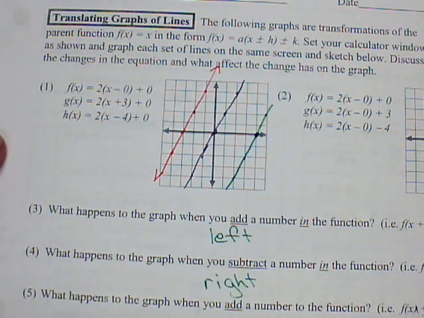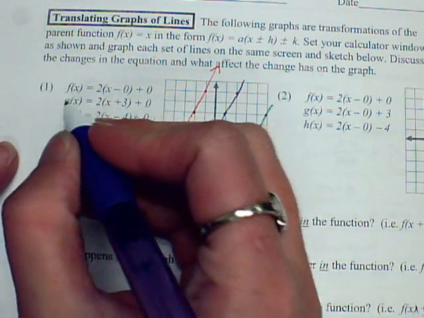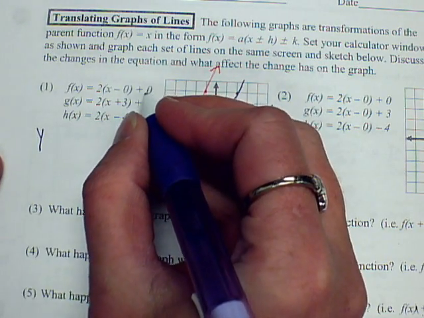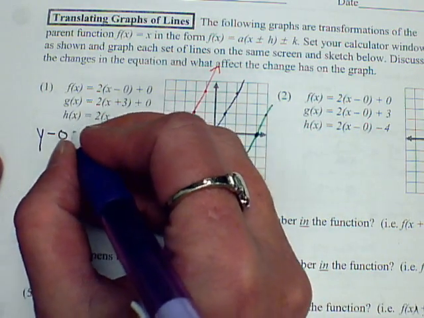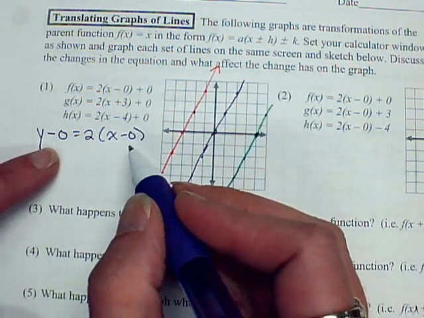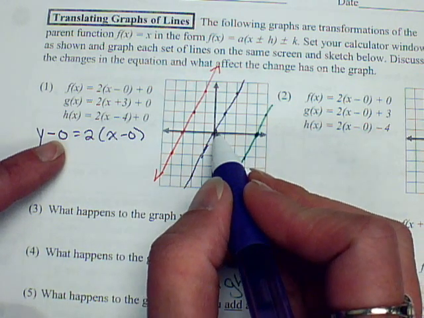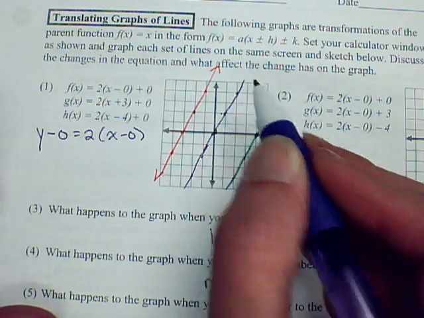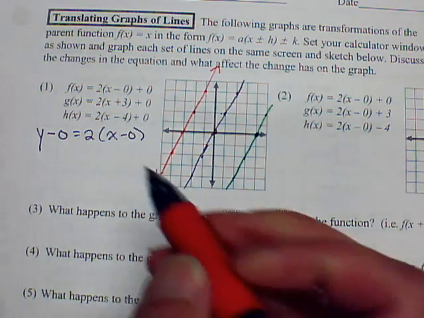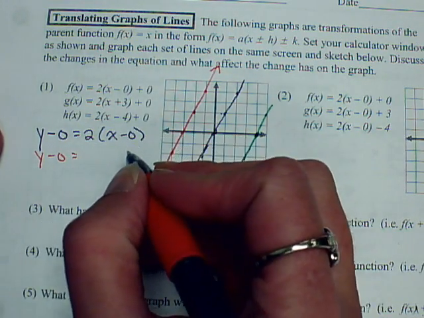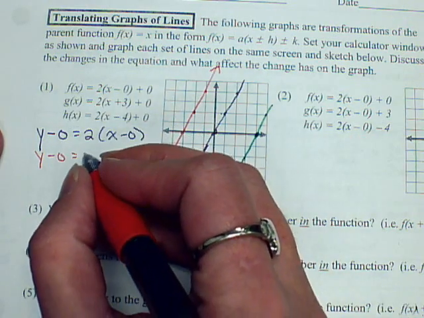If I take that first function, and I'm just going to rename it as y, and then move this back over. y - 0 = 2(x - 0). What that tells me is I have the point (0, 0) on my graph and a slope of 2. This is from that point-slope form. (0, 0) and slope of 2. Exactly. Now the next one, if I put it back into point-slope, which means I just subtract the 0 from over here,